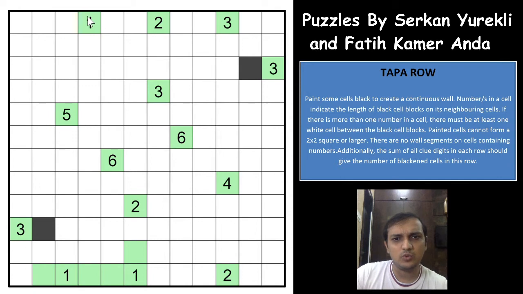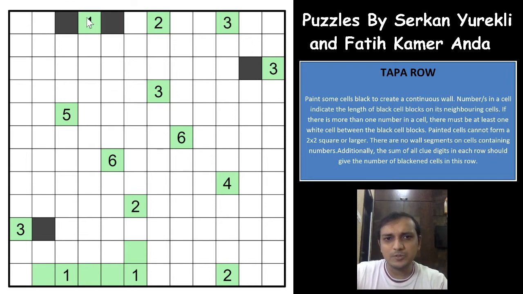Okay, let us add this: 1 plus 2 plus 3 is 6. You have how many cells? You need to have 6 cells shaded in that row. 1 2 3 4 5 6 7 8 9. So 3 cells will have to be eliminated. That's a very good piece of logic, guys. I think that's the intended start here. That's a very good piece of logic.